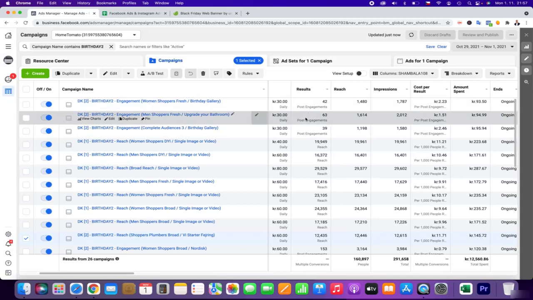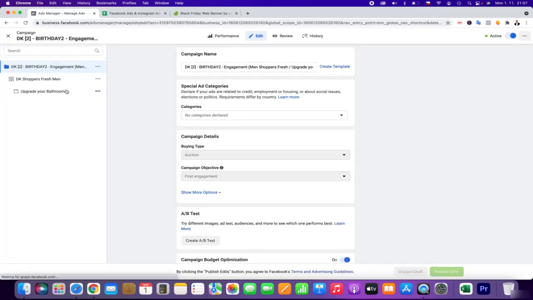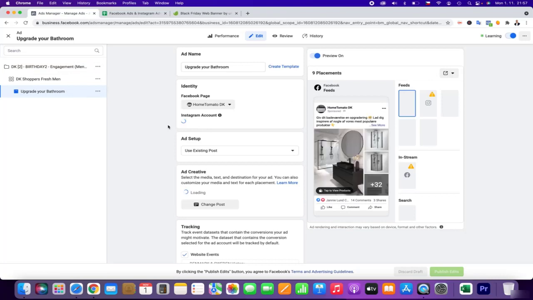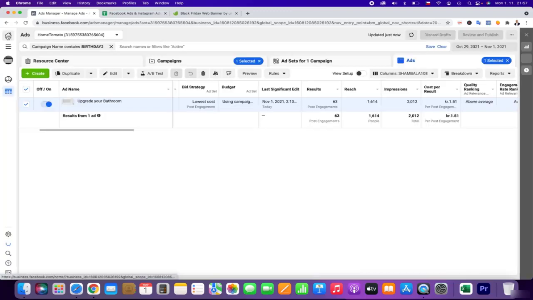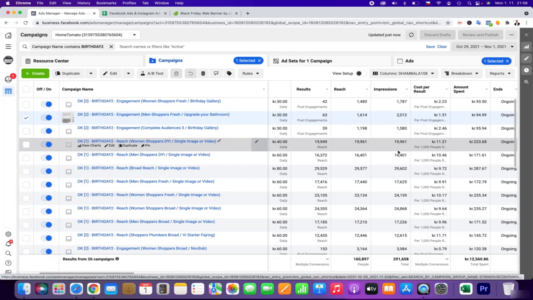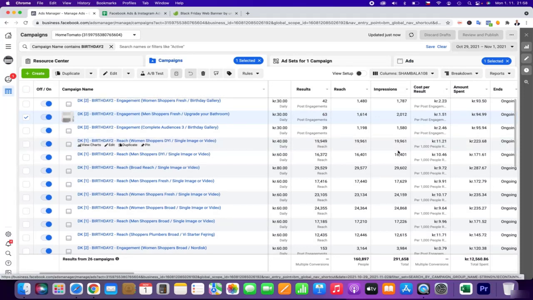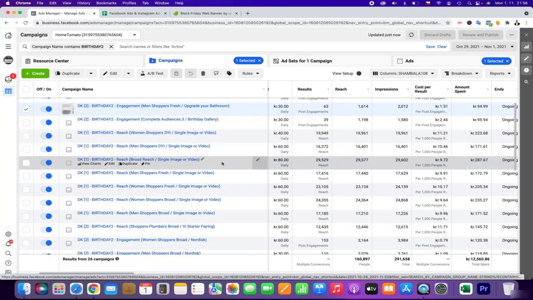As you can see, this was not doing well, so I had to change it. I changed it to the historical gallery, because not all audiences do well with some of the galleries. Then as you can see, we are still reaching out.